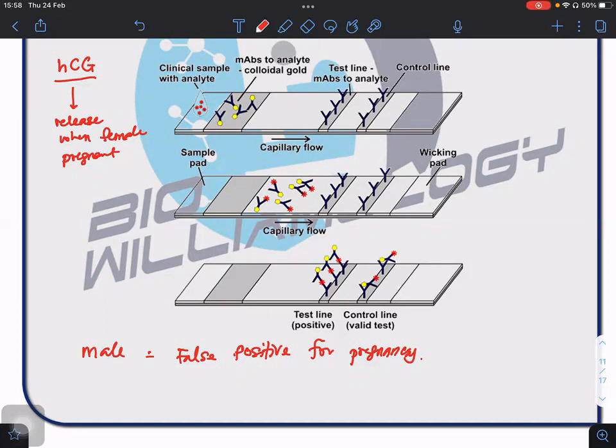Go and see a doctor for male, because testicular cancer actually can result in the production of HCG. Clear so far, guys? Okay,